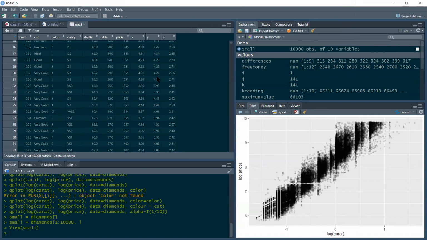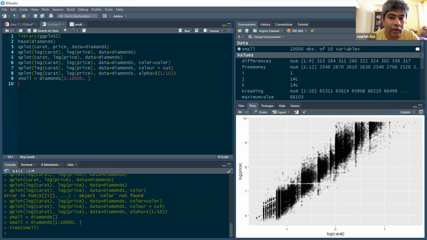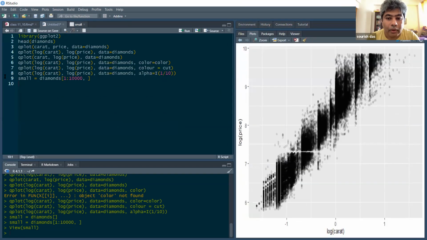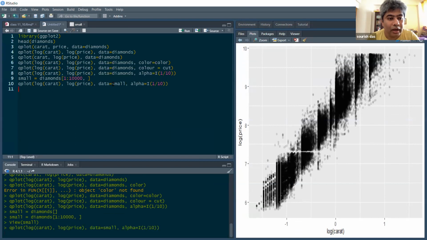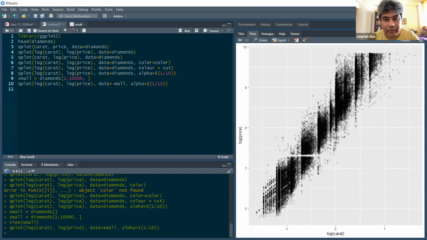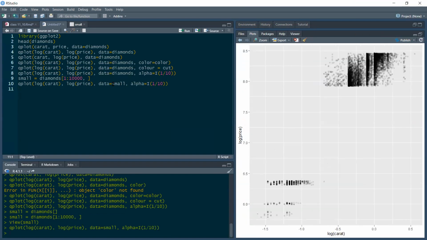So now go back to your code, and instead of diamonds in qplot, just say small and run. It will be faster.